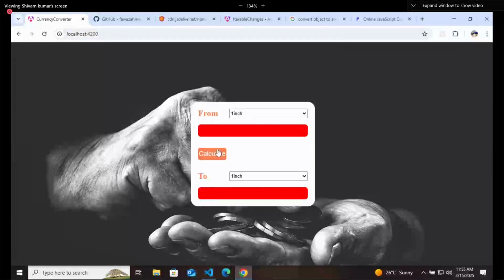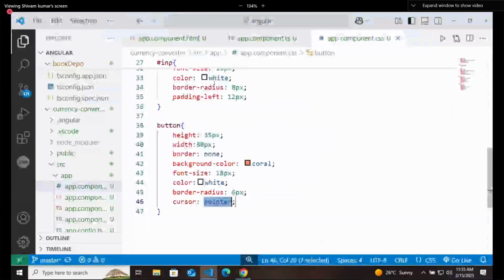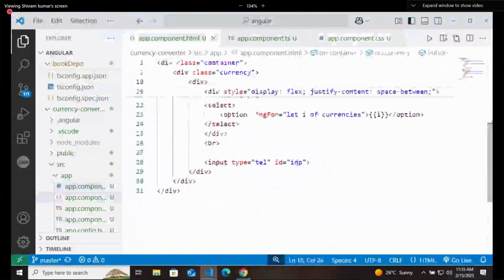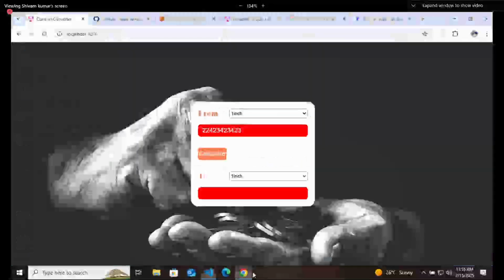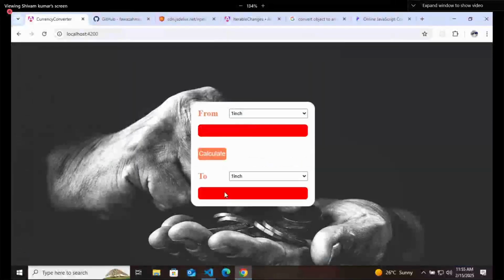So what you will do, you will write a value here and here it will show the result. But if it is showing the result, why you are able to type in this input box? You should not be able to type in this input box. So for that, I will make this second input box as disabled. Disabled means you cannot click on this now. It will be used to show the result directly. Right? So I will say disabled.